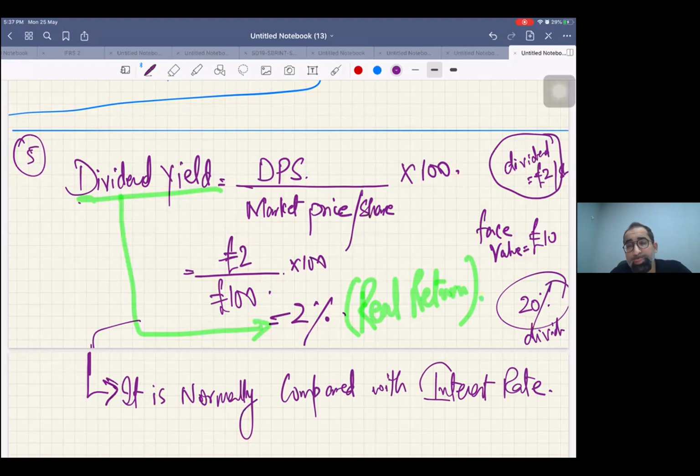We can park our money in banks, in fixed deposit accounts, so we get an interest rate, and we compare it. But one more thing, don't forget, just my last words,